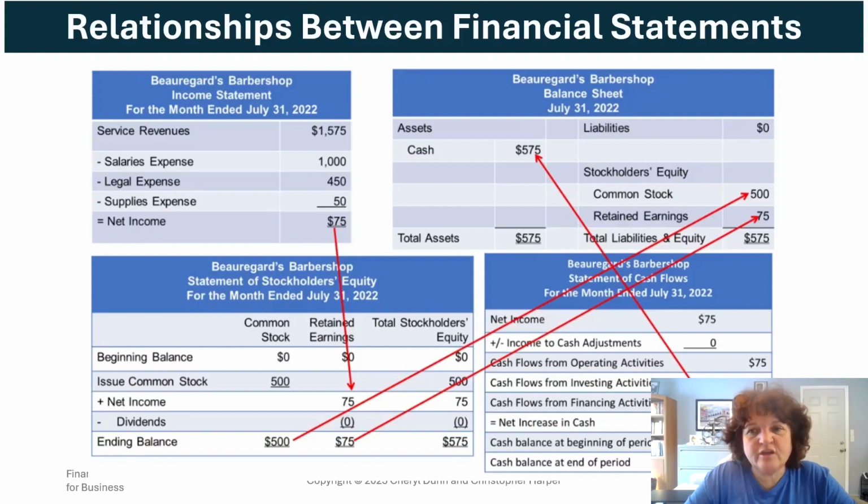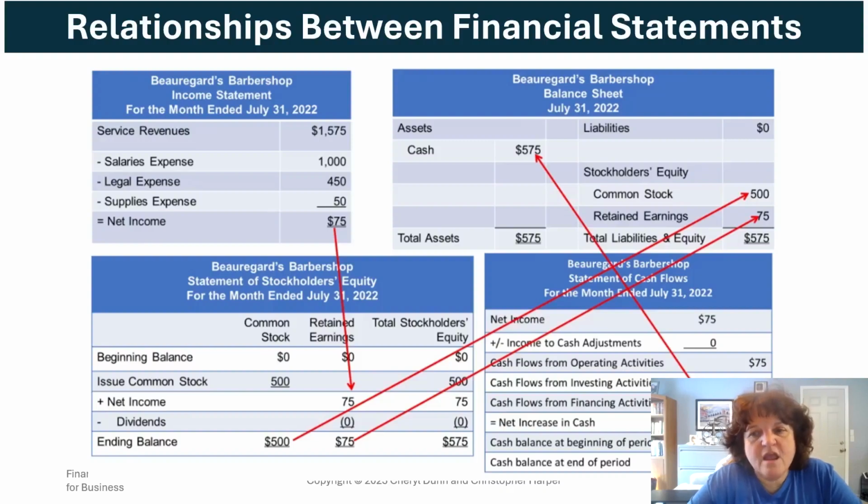And then we showed the retained earnings having increased by the 75, and that gives us our total liabilities and equity of 575. So I should say the ending balance of our retained earnings is 75, not the fact that it increased by that much, but that's the ending balance